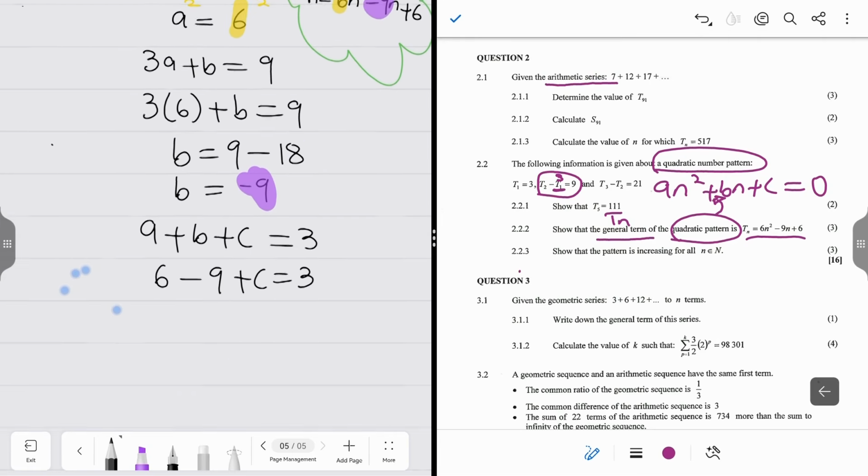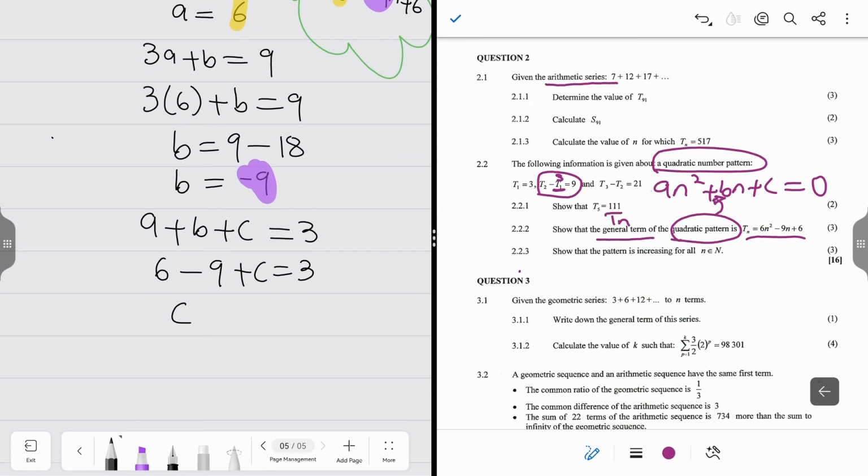So what is going to happen here is we're going to move everything from the left to the right, and we remain only with c. So that will be 3 minus 6 plus 9. Then we simplify that, and it should really give us the answer that it should be a 6, right? So that is 3 minus 6 gives us a minus 3, and then we have to add 9, that gives